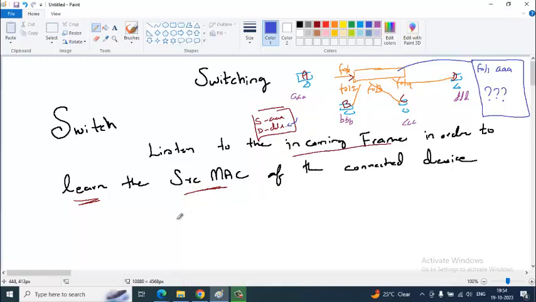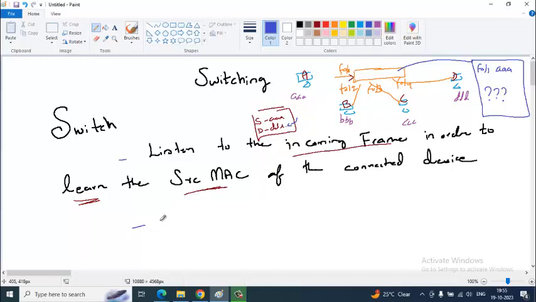switches will broadcast. So that is also a smart move. It's not denying, saying, I don't know, I will not send. It says, okay, because I don't know, let me send it to every port, and one of the ports may have the destination.